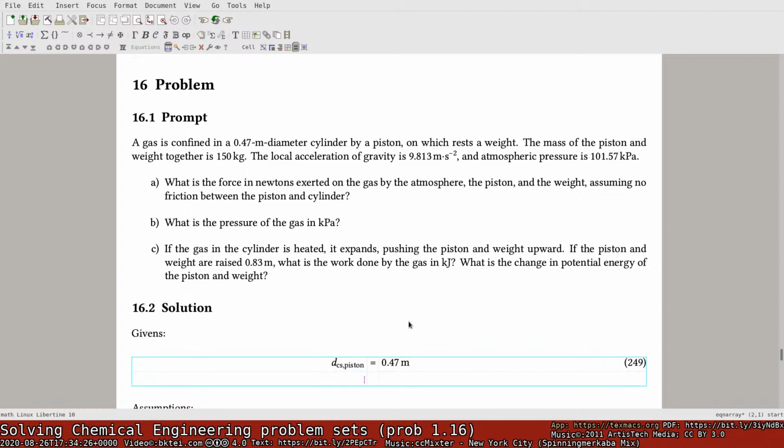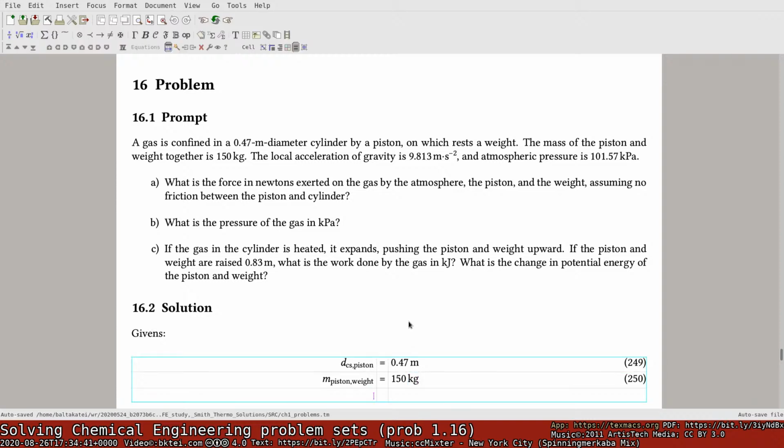We got the mass of the piston and weight. So mass underscore of the piston weight equals 150 kilograms, and gravity acceleration is 9.813 meters per second squared,